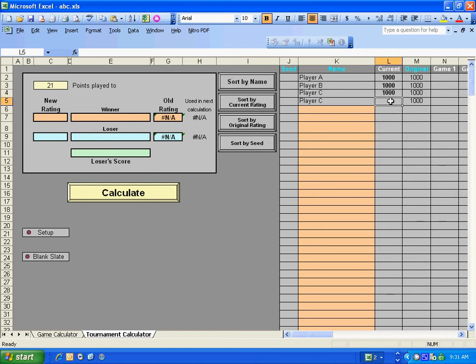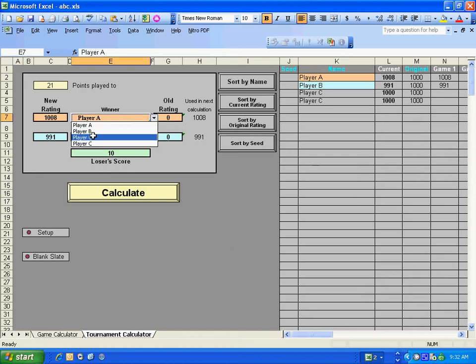So let's say your first game of the season is player A versus player B, and the score of the game is 21-10. Click off of the score, click calculate. You'll see that the ratings have changed. Player A is now 1008, player B is 991. Let's do another game. Let's say player C playing the other player C. Let's say the score here is